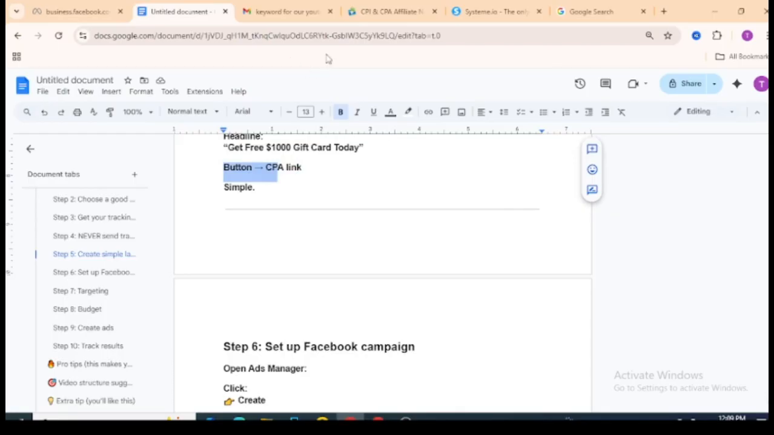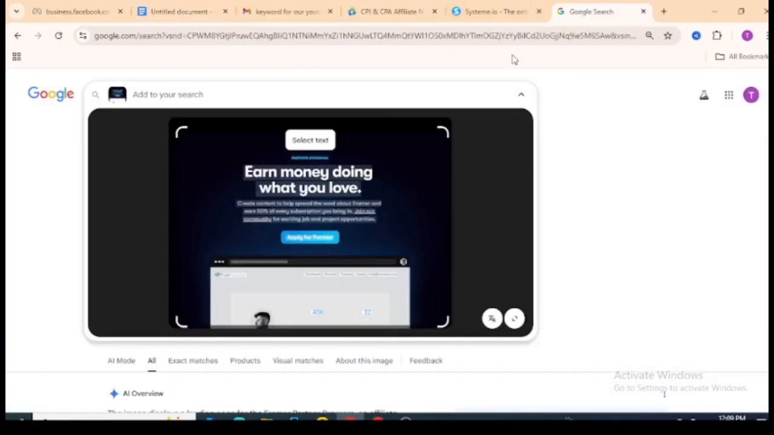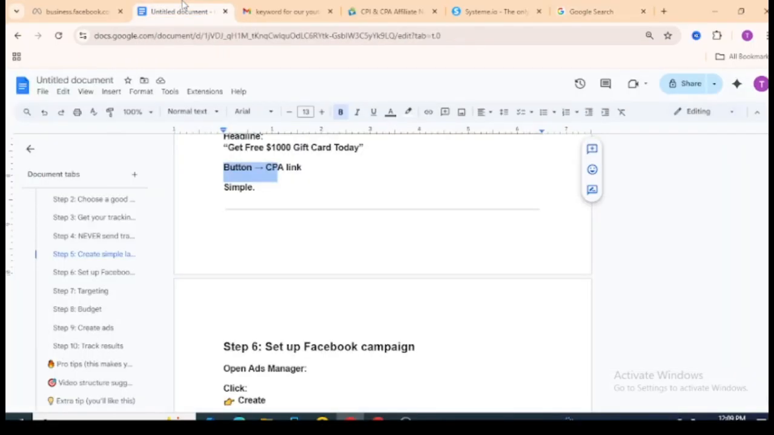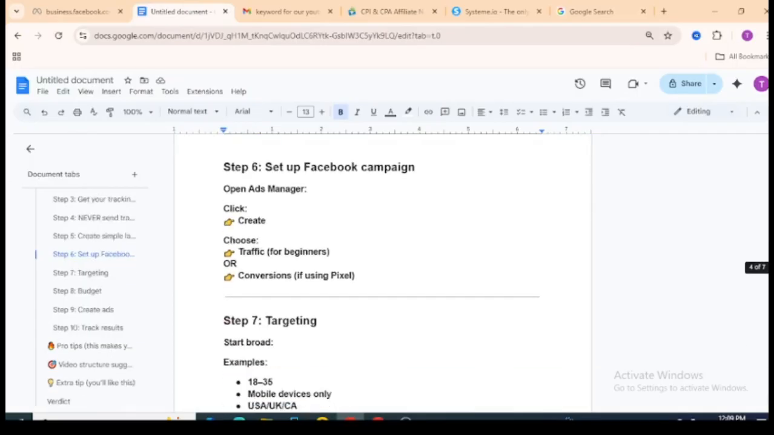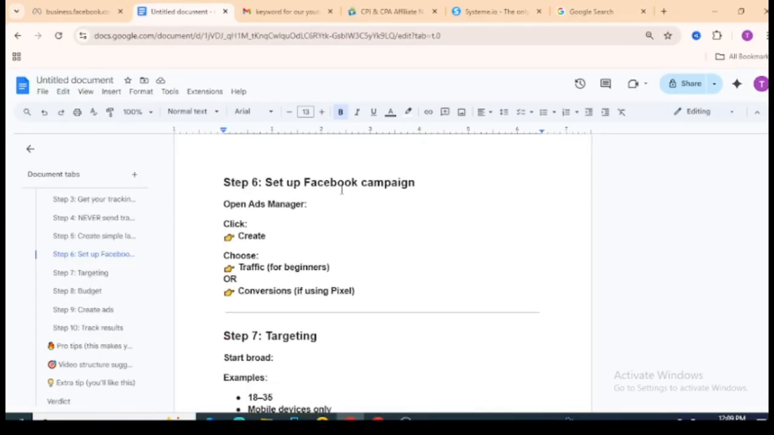The button. So if I go back here, you see that there's a button. It says apply for partner, right? So this is the call to action button that's supposed to be below, and it should contain your link, your CPA link, so that you can go over and complete the task. Right. Then once you're done with that, the next thing is to set up your Facebook campaign